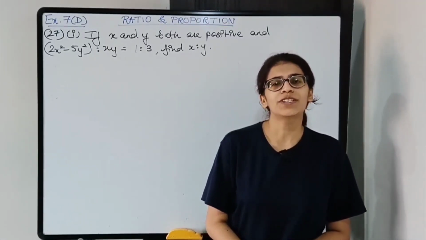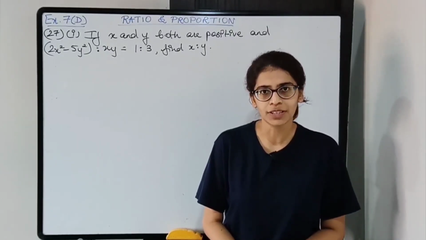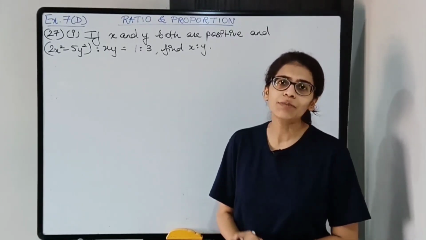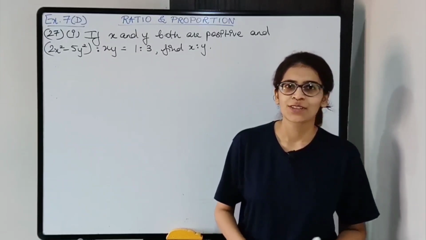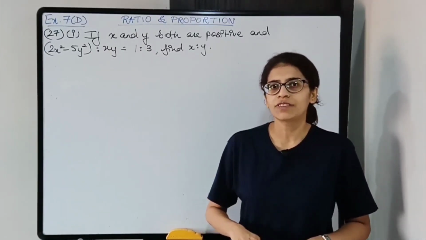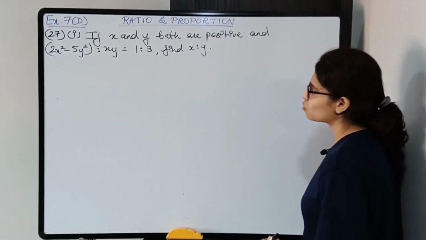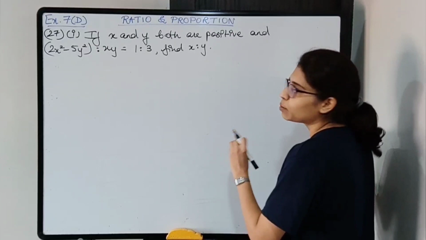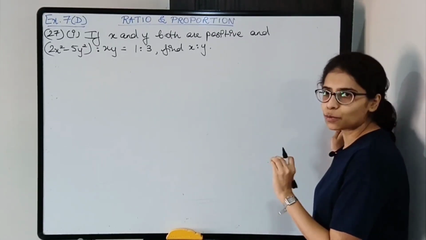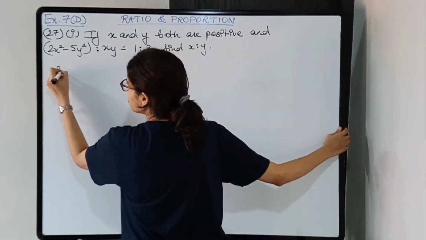In question number 8 we had used the quadratic equations method, that is splitting the middle term. Same thing over here. So you are supposed to be familiar with quadratic equations to solve these kinds of problems, so please be thorough with quadratic equations. Now x and y both should be positive, that is given, and also this is given, so let us write down the given first.